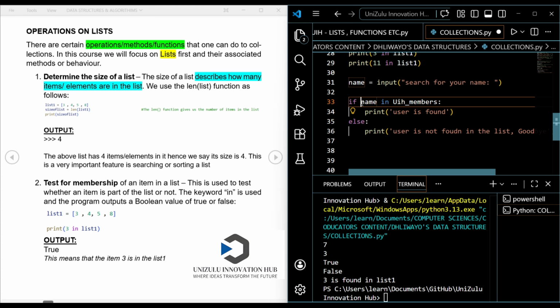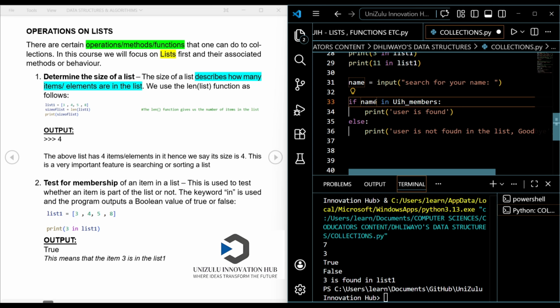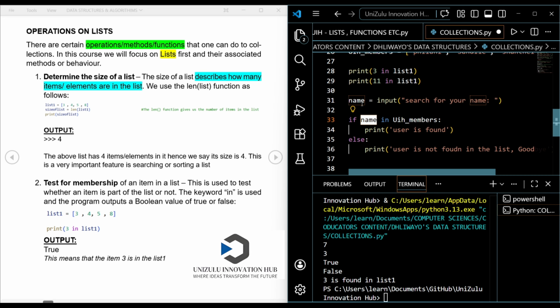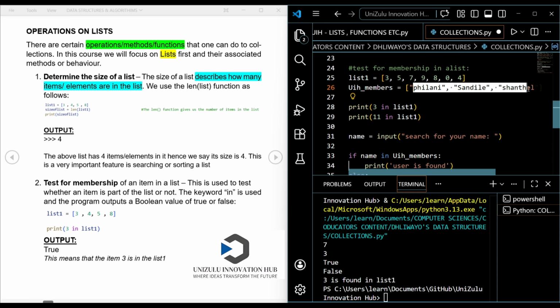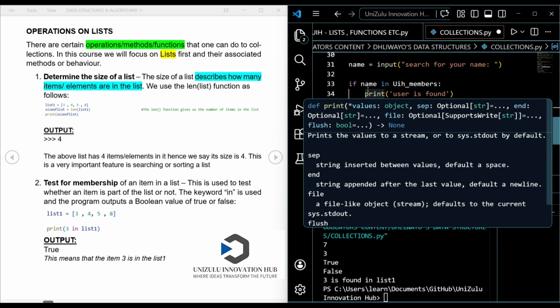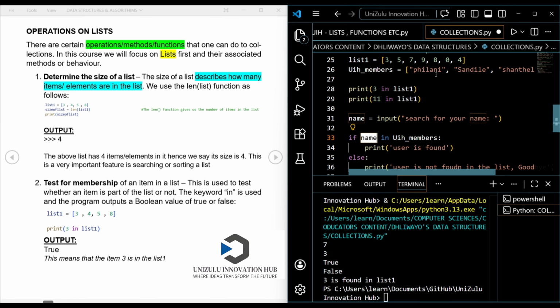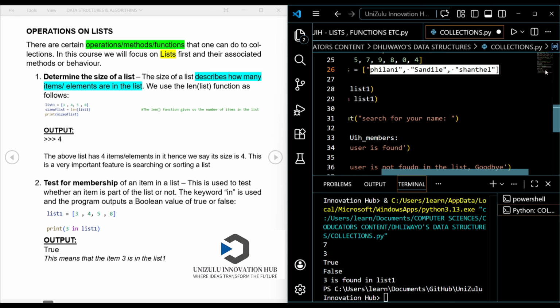Remember, if name in UIH members is a Boolean expression, it can either be true or false depending on the user input. If the user puts in a name that does not correspond to any of those items, then it is definitely not going to be a true condition. This condition is only true if the user input name actually corresponds to one of the items found there.